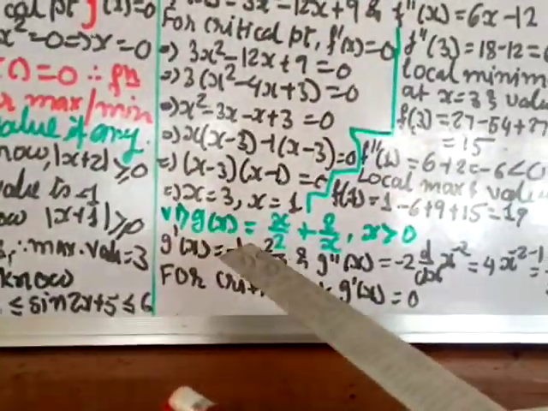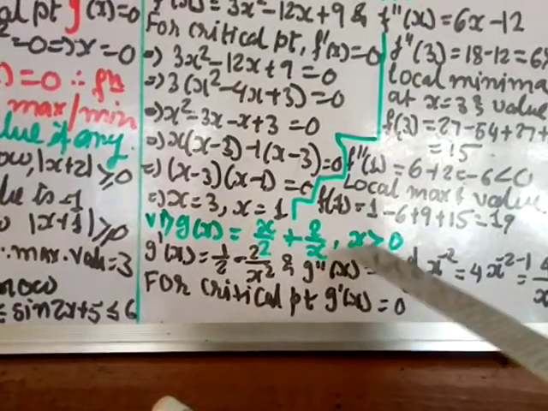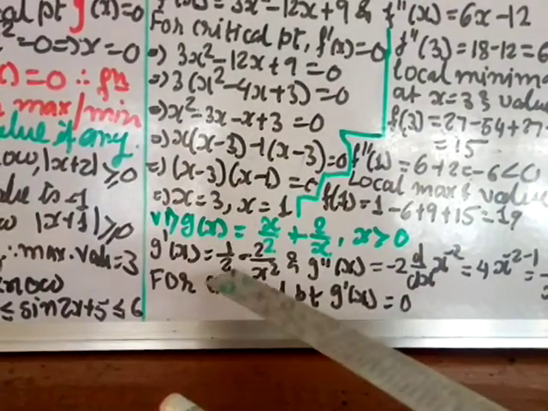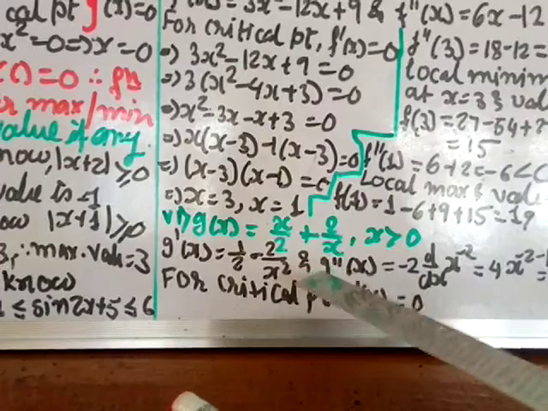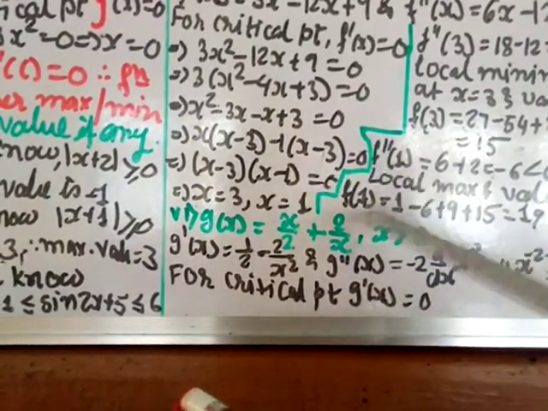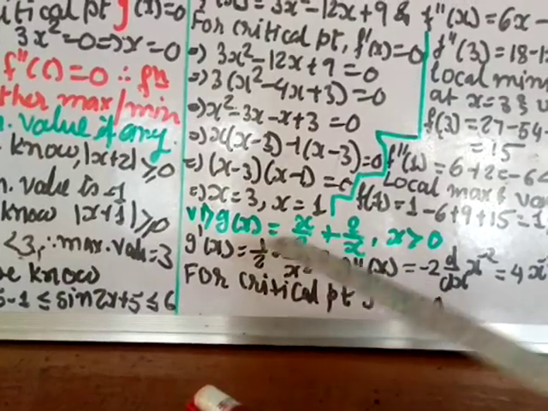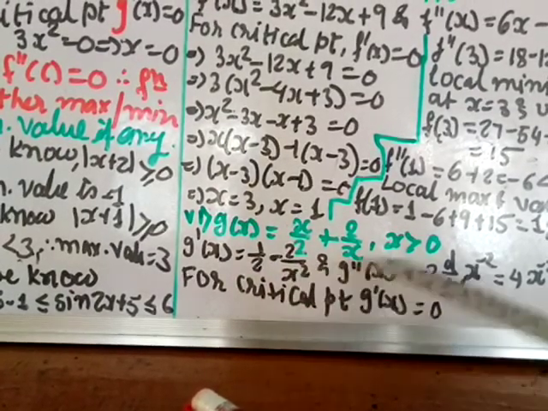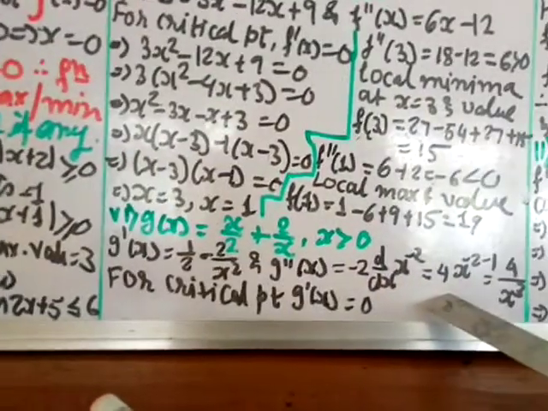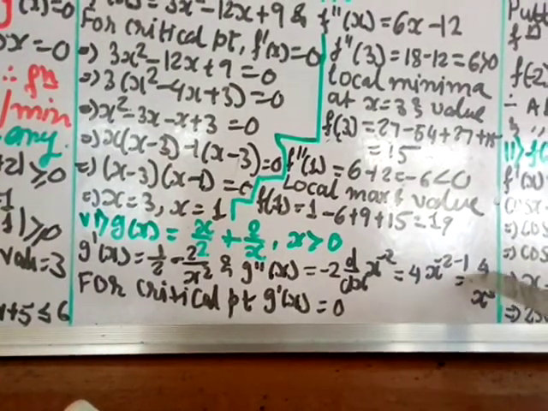Roman number 6, g(x) is equal to x by 2 plus 2 by x, with x greater than 0. So x by 2 means 1 by 2 on differentiation, and 2 by x, I will take 2 times 1 by x, whose derivative is minus 1 by x square, so minus 2 by x square. For the double derivative, the first term will be 0, and minus 2 x power minus 2 gives x power minus 3, so the result is 4 by x cube.